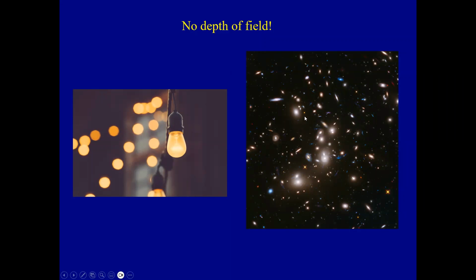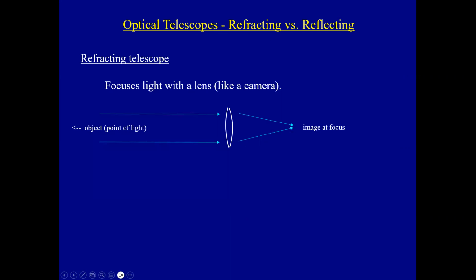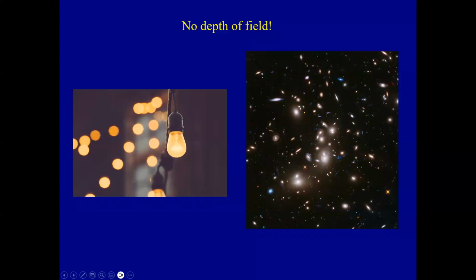One star may be 5 light years away from you, another star will be 500 light years away from you. But what we can see from the Earth is that they all are on the same plane, the same sphere. We don't see the depth difference between them. So that's why there's no depth of field for sky objects, right? Because of this reason, a single mirror with a fixed focal length can image any object, can focus any object onto the eye